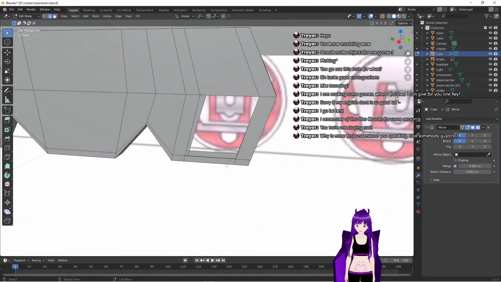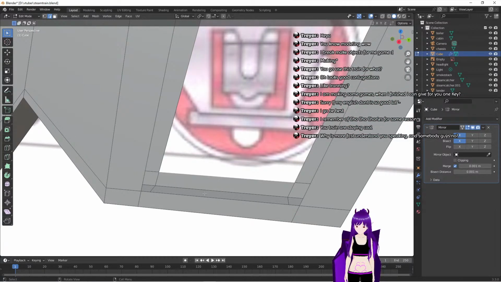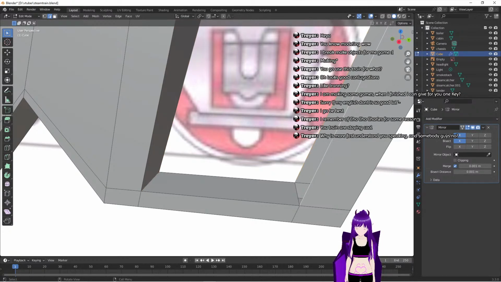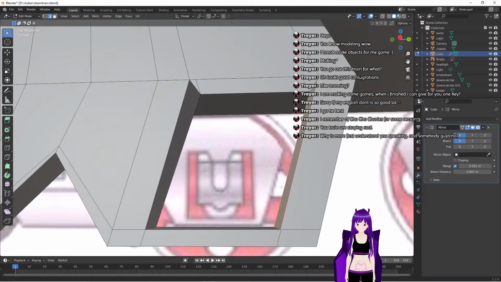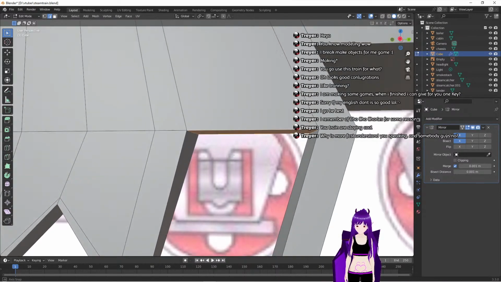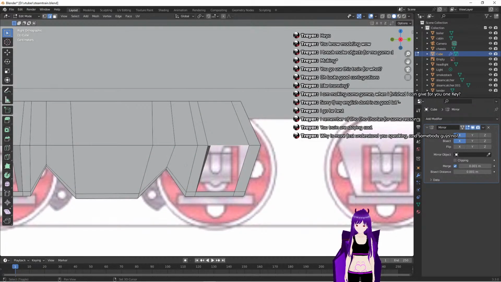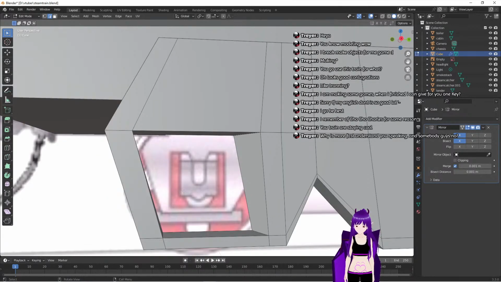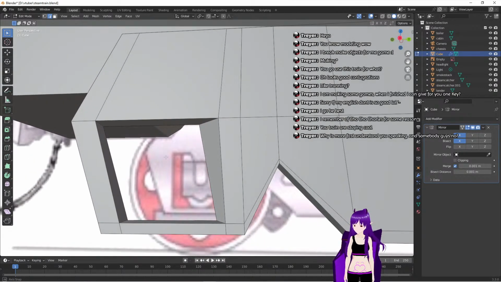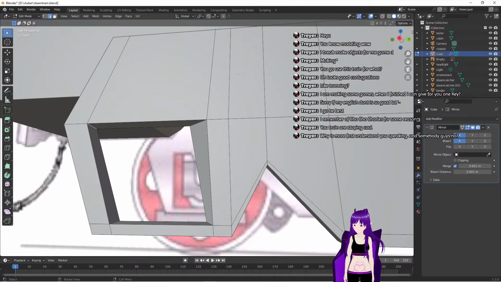Then we can do the same thing over here. Get that into a face. Close that into a face. Close that one into a face. But this hole is sort of slanted while this hole behind us isn't. So we will select there